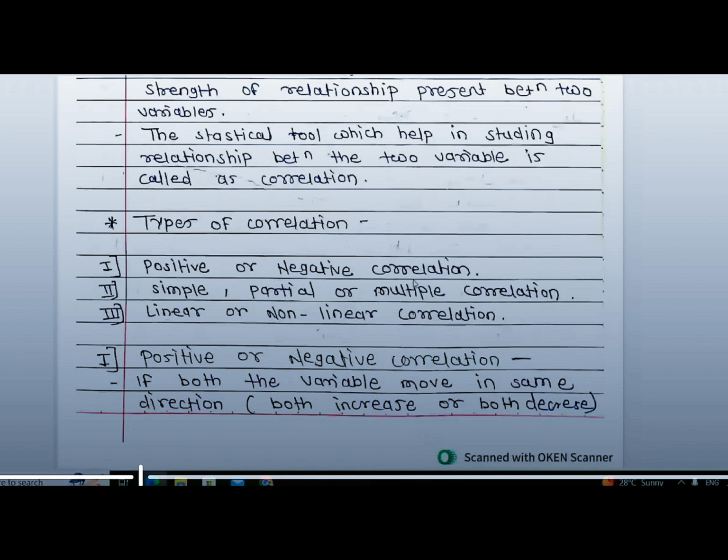And last is linear and non-linear. In case of linear correlation, there is an exact degree of change in variable y depending upon change in x. That means if x is changed by 10%, then y will also change in a similar order. So that when we draw x and y variables on the x and y axis of the graph,